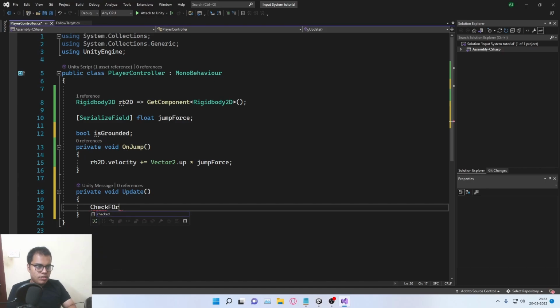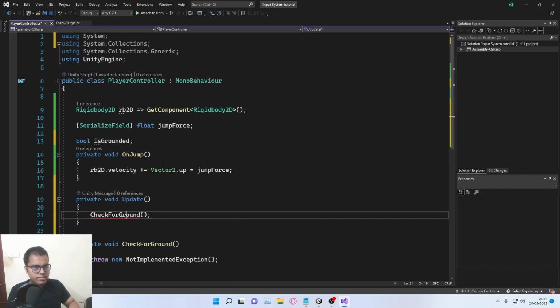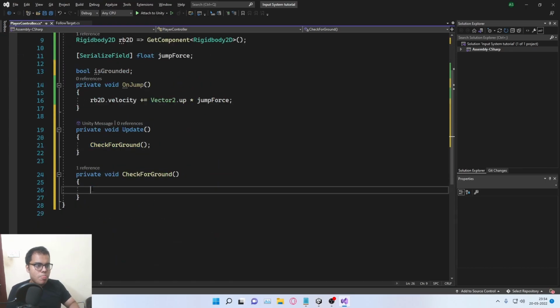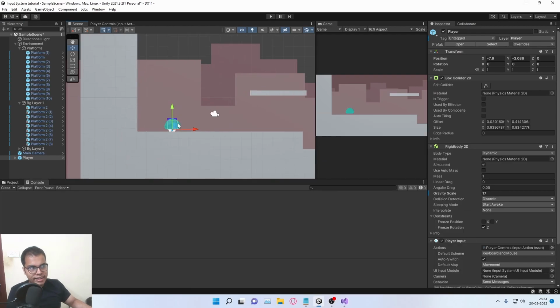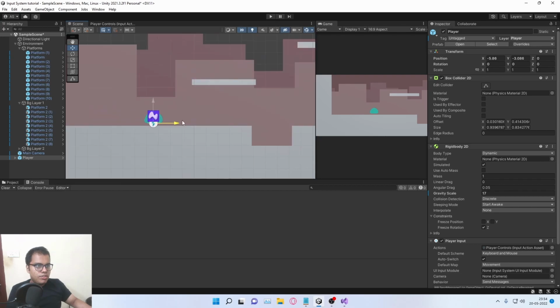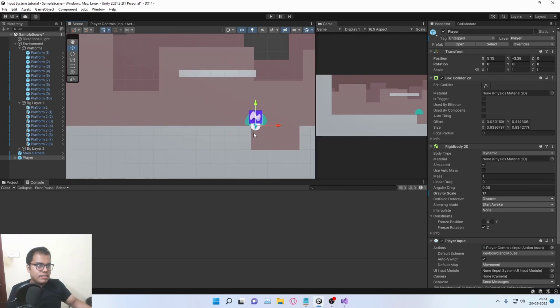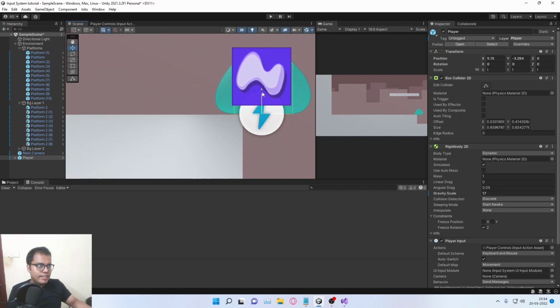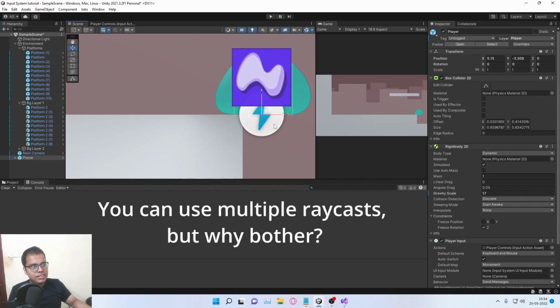We'll just create a function called CheckForGround or something like that. I'll click on this, Alt+Enter, generate method, and inside this, what I'm simply going to do is set isGrounded equals Physics2D.BoxCast. The reason why we are using a boxcast over a raycast is because raycast works from a point. So if you are on the edge like this, you can see that the collider is still there, but if you raycast it from here,